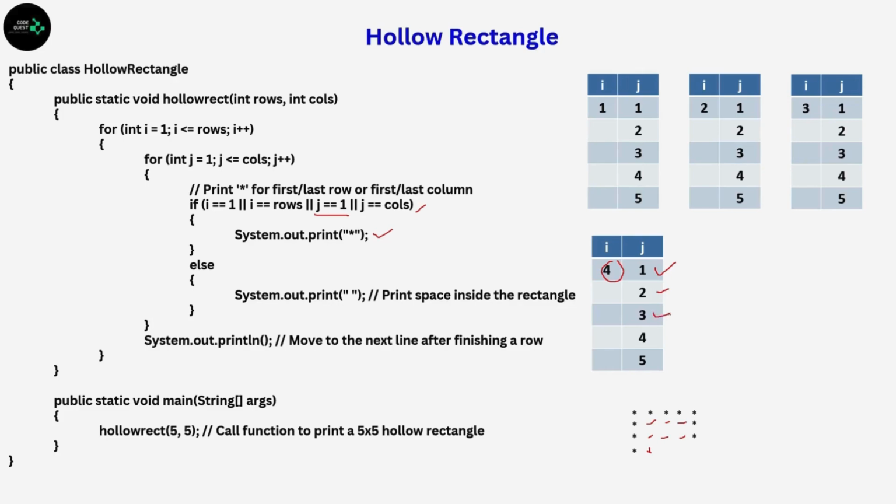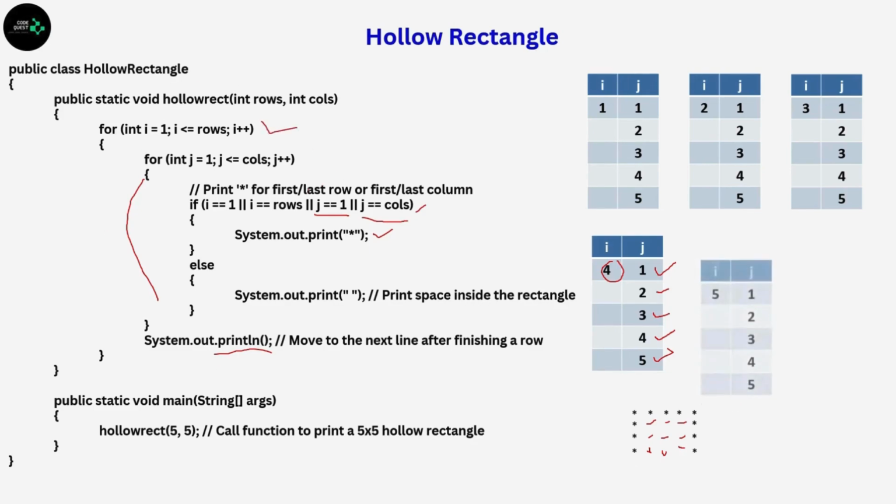Similarly for j value 3, once again none of these conditions pass, hence the else block is executed and we get another space. And similarly for j value 4 also we will be getting another space here because none of these conditions match. But once j becomes 5, this j equals columns is going to match, as a result of which we are going to get an asterisk here. And with this the inner loop is going to end for the fourth time, and when we come out of the inner loop we have System.out.println once again bringing the cursor to the new line,